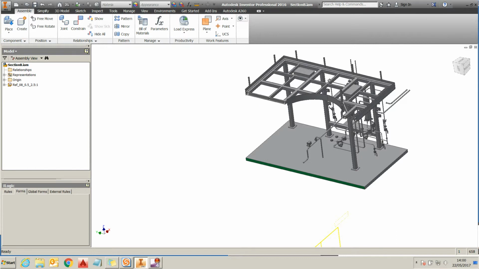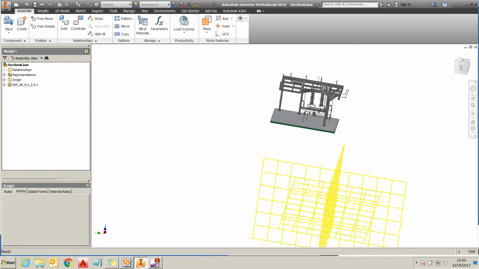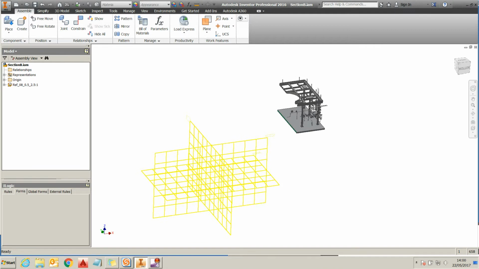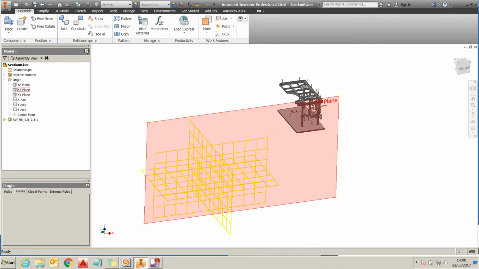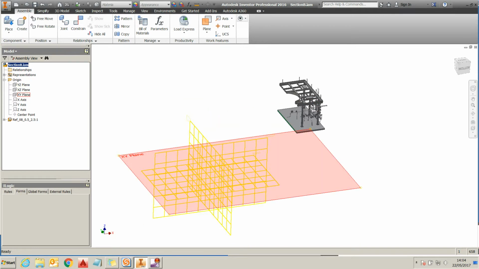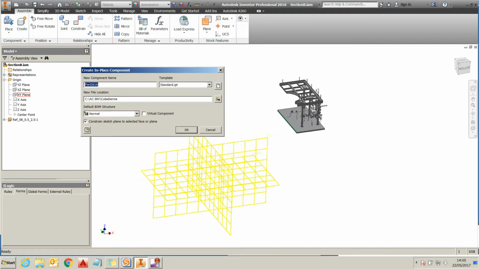Okay, so now I'm working in my section B assembly, and I have a small section of the originally imported SAP file for reference. So now when I create my new part, I'm going to create it against the XY plane on the assembly, so that has the common coordinate system throughout all these parts. And I don't want to have any links to the reference part because that is going to change when the